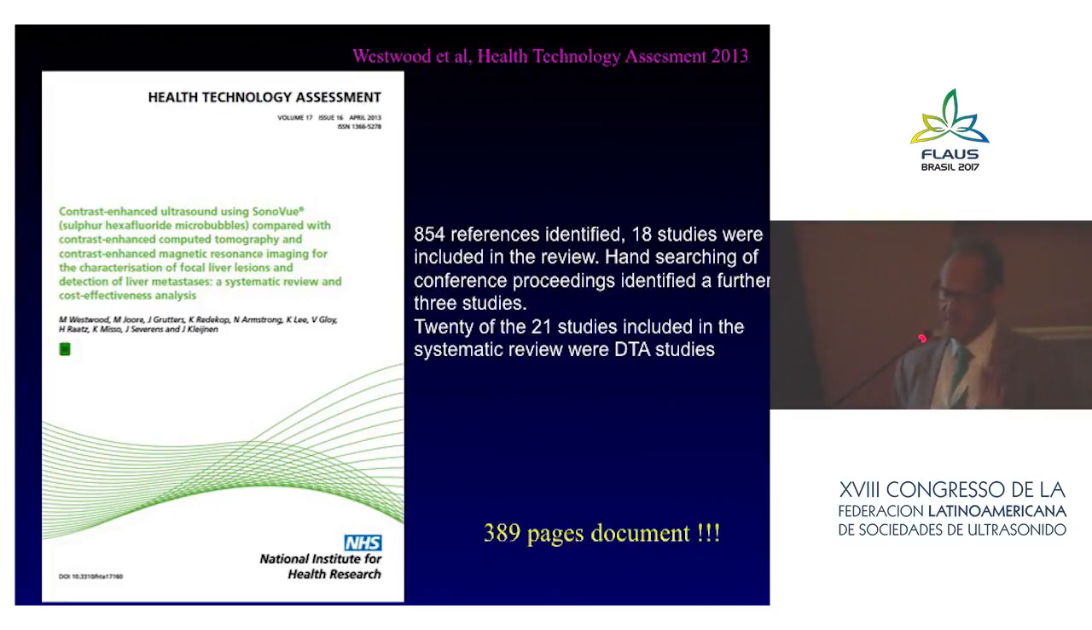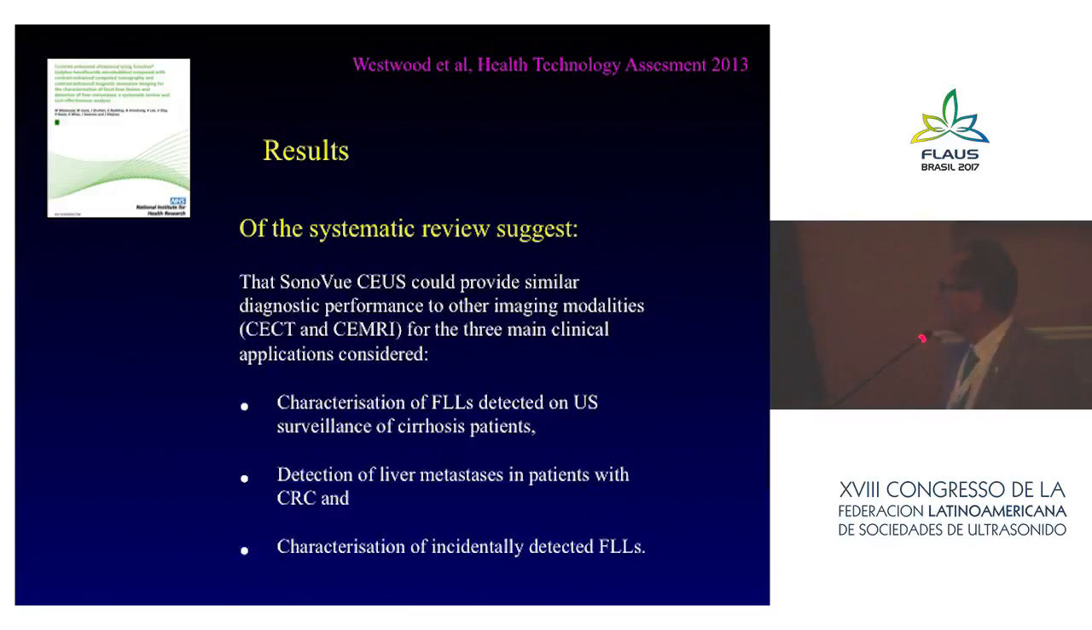The other one is the biggest study, and the one I mentioned before. They looked at 850 studies, and it's a huge document, 390 pages. They looked at 3 different populations. They wanted to see how good we are at detecting, characterizing, and looking for new tumors in cirrhosis surveillance. So, in characterization of focal liver lesions detected on ultrasound surveillance of cirrhosis, in detection of liver metastasis in patients with colorectal cancer, and in characterization of incidentally detected focal lesions,